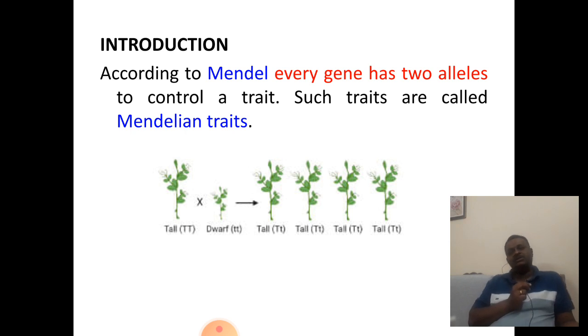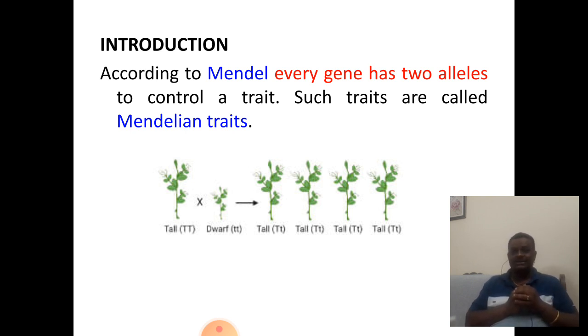Well, students, we know that according to Mendel, every trait and character is controlled by a single gene. So each gene is represented with two alleles, and such traits are generally referred to as Mendelian traits. Down in the picture, when we look at